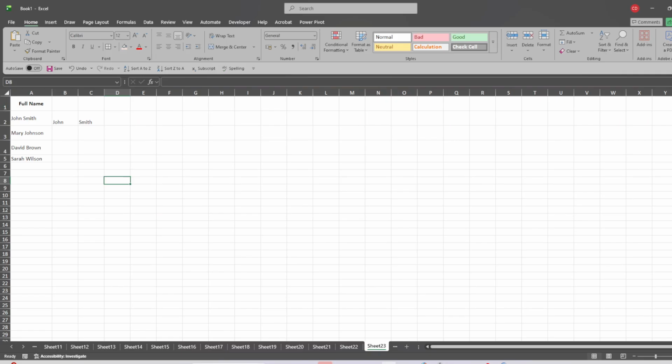Flash Fill is a built-in Excel feature that detects patterns in your data and completes the rest of the column based on the example you provide. It's especially useful when you want to separate first names, last names, middle names, initials, or other text elements without writing formulas. One important note is that Flash Fill is available in Excel 2013 and later, so make sure you're